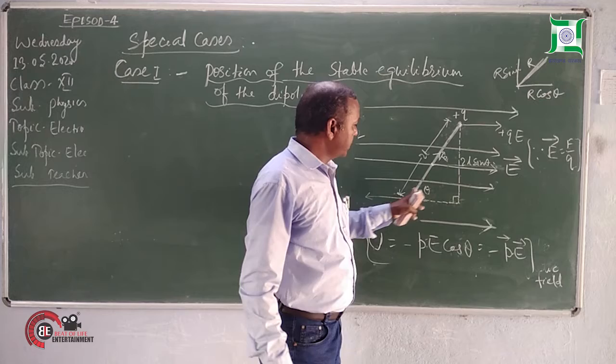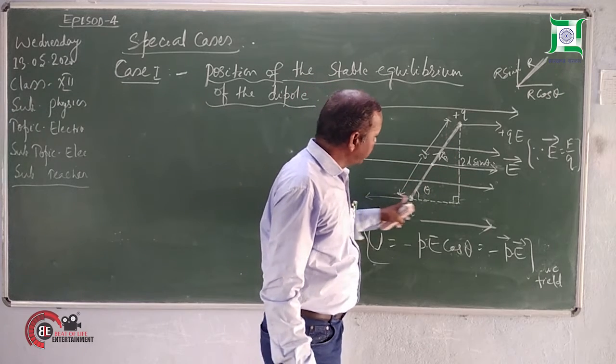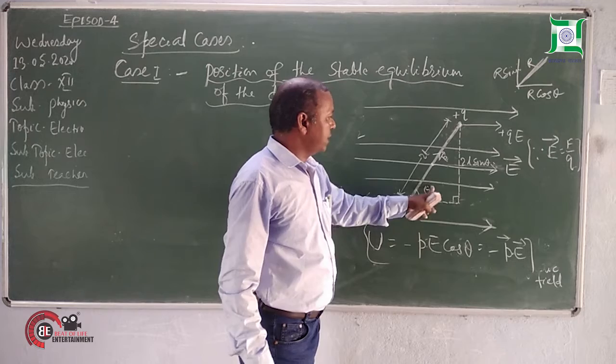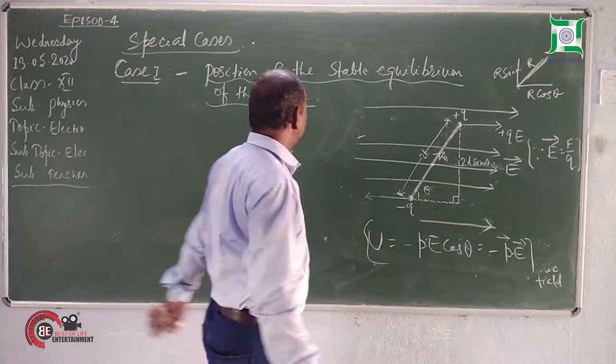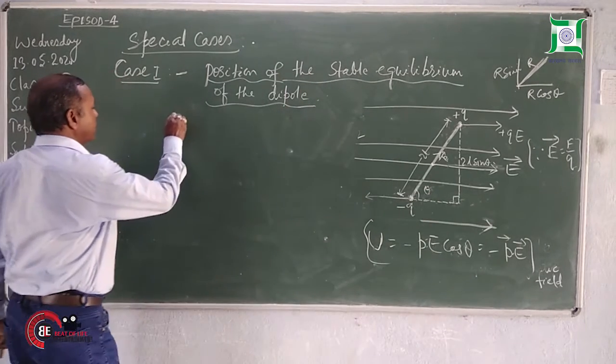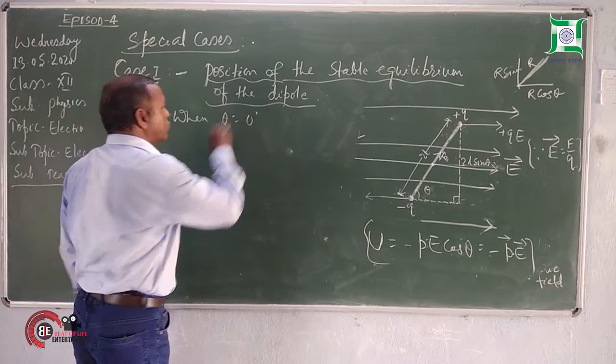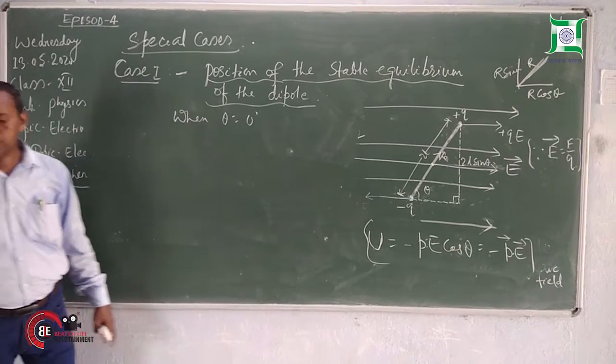It means when this dipole is parallel to the direction of electric field E, the angle theta will be 0. So we write, when theta is equal to 0 degree,